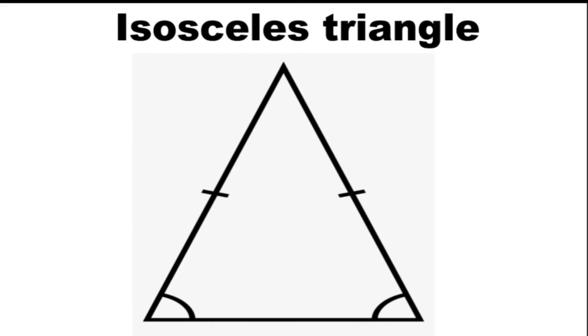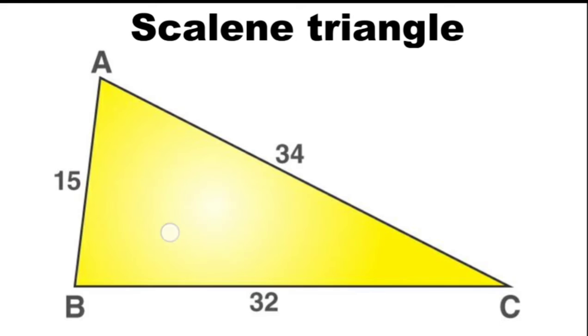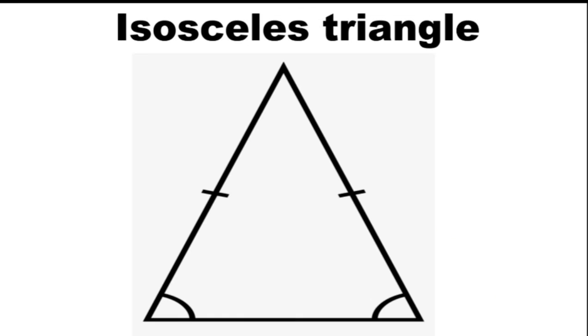Let us move ahead. The next triangle is called an isosceles triangle. Now what is special in this? This triangle has two sides of the same length. That's why the marks are identical. See, here one identical dash and here also one identical dash. This means this triangle is an isosceles triangle with only two sides equal. The third side is different, and the base angles are also the same.